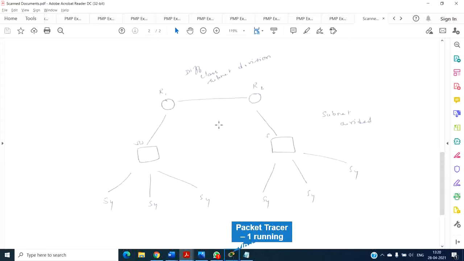For the first router, there are 3 different scenarios which will be covered in this assignment. In the first scenario, I'm going to have a packet traverse from system 1 to system 3 within the same subnetwork. That means I'm not going to have any change in the subnetwork or the network. It will be a single network. The subnet also will be the same. So there will be no involvement of the router at all.